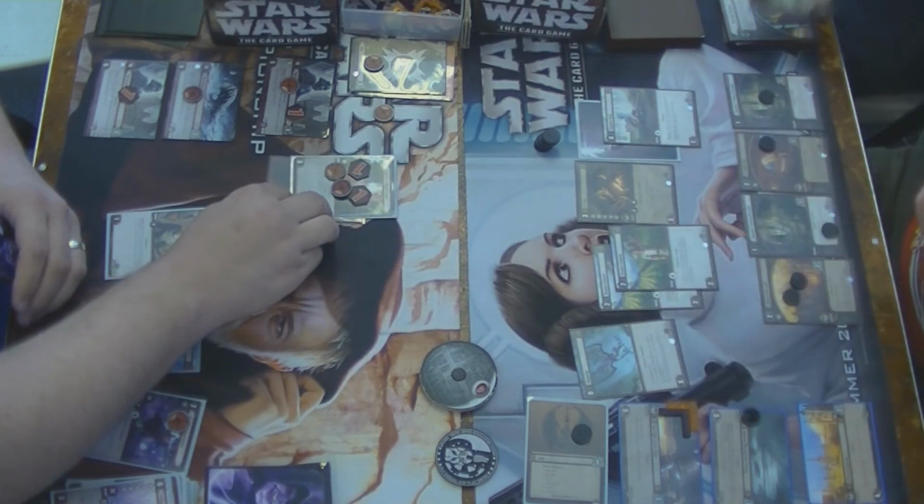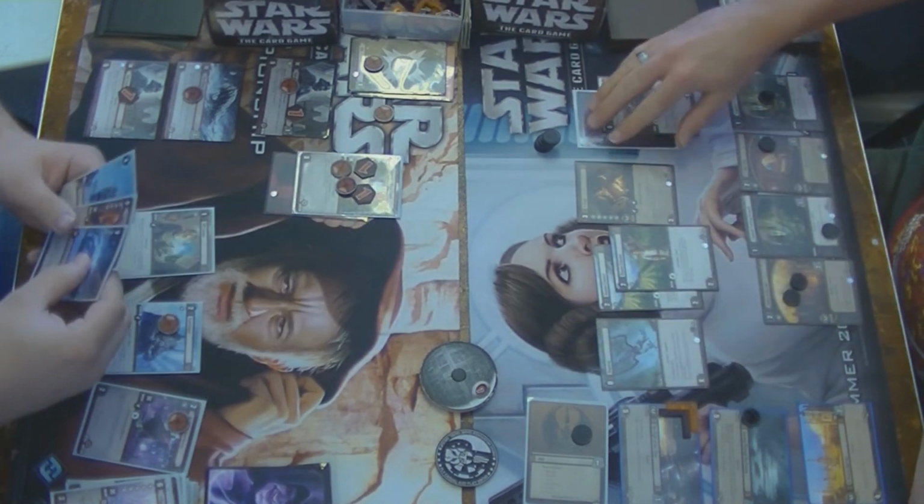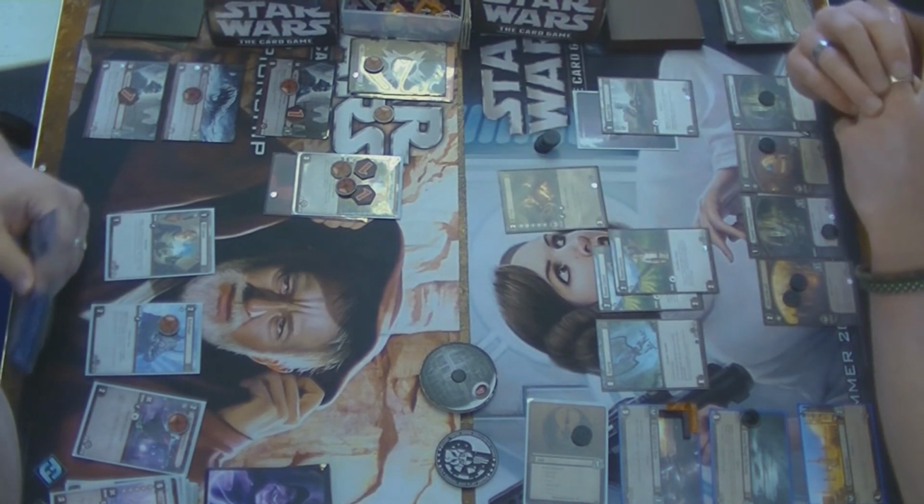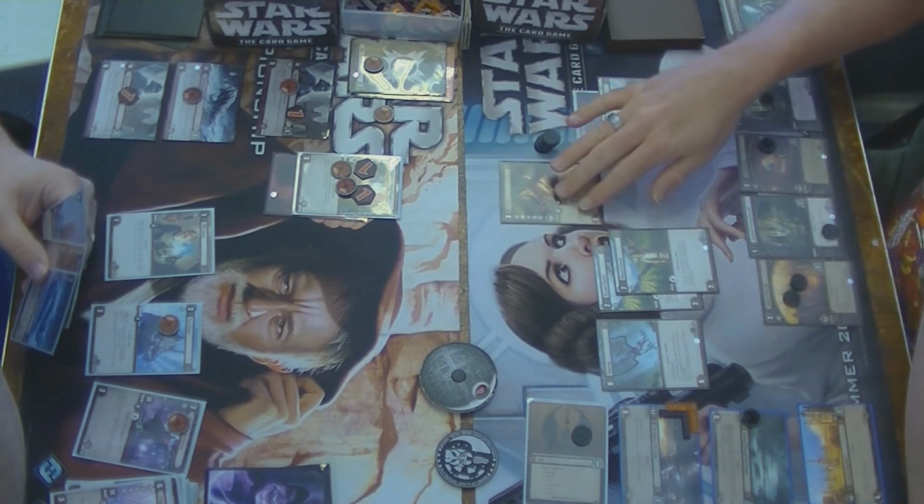Oh, is that Bogwing and the spider? Looks like. So, or just the spider. My apologies. So Protector kills the spider and goes home. Yoda